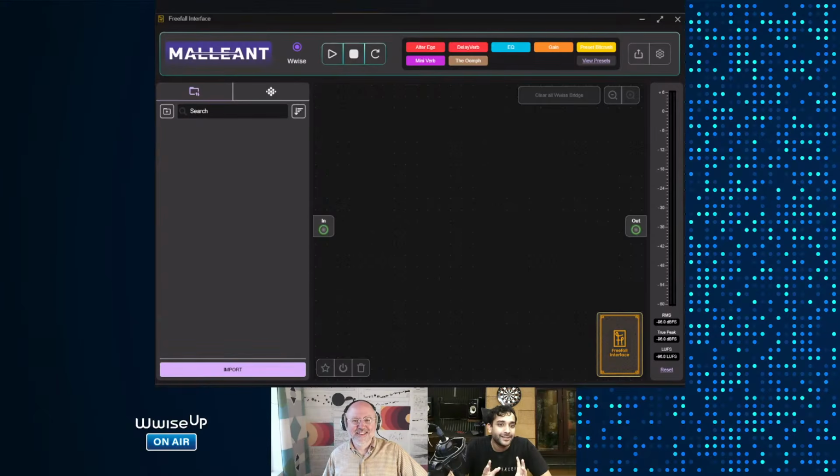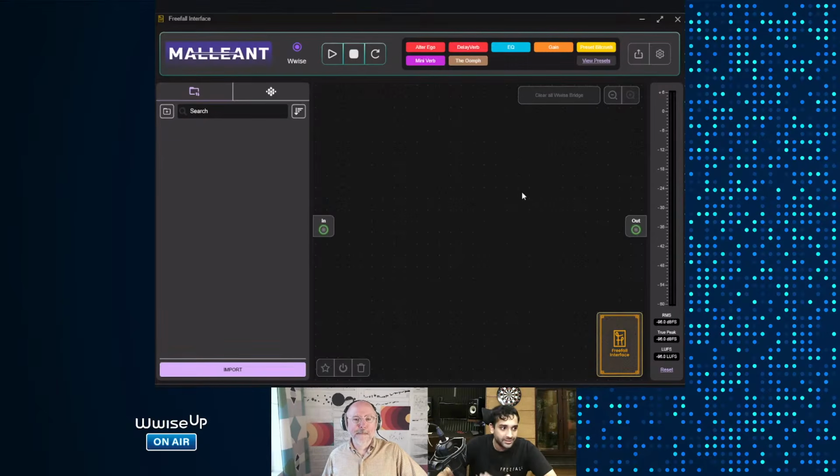And the better part of it being a standalone application is that if this crashes, Wwise won't crash. Right. As a first-time software venture, we have to keep that in mind because we cannot risk someone using Maliant in Wwise and Wwise crashing. Right. So this is what Maliant looks like, bare bones.